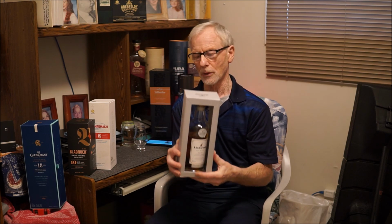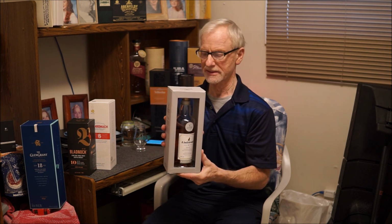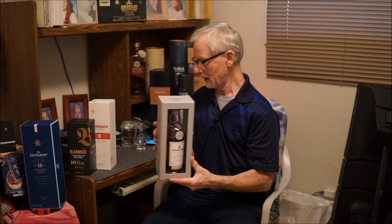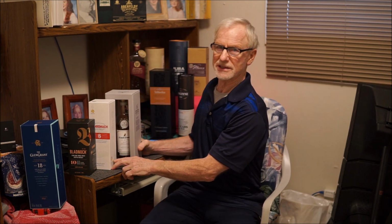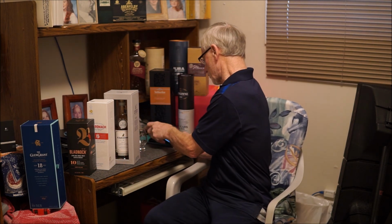Now, I've done a little prep work and did a little bit of an introduction into the distillery, a bit of history, but really brief. You can read on this. Really like the packaging on this here. They've done a good job. Gordon MacPhail always seems to do a good job, but just a real quick introduction there, just to kind of